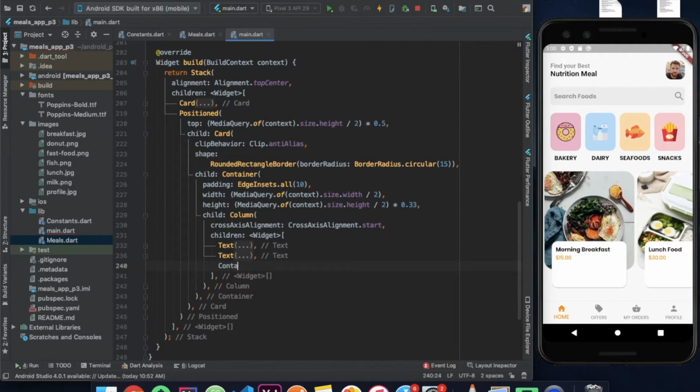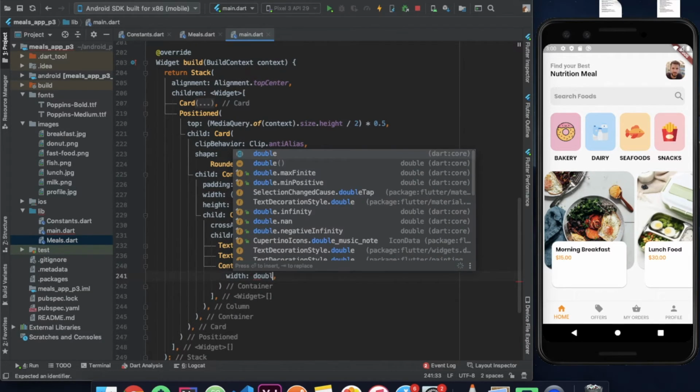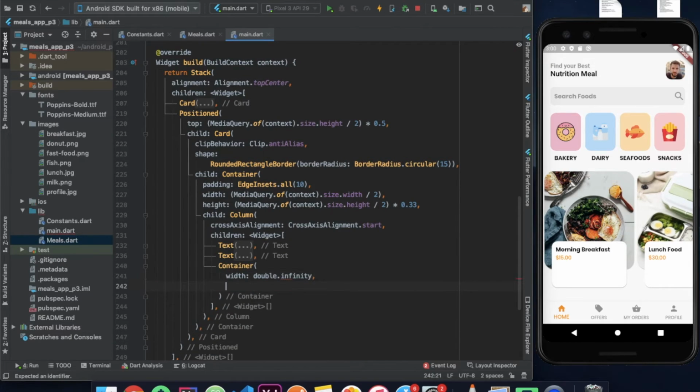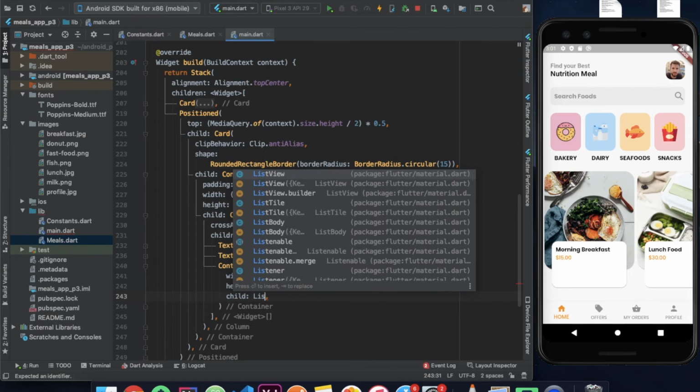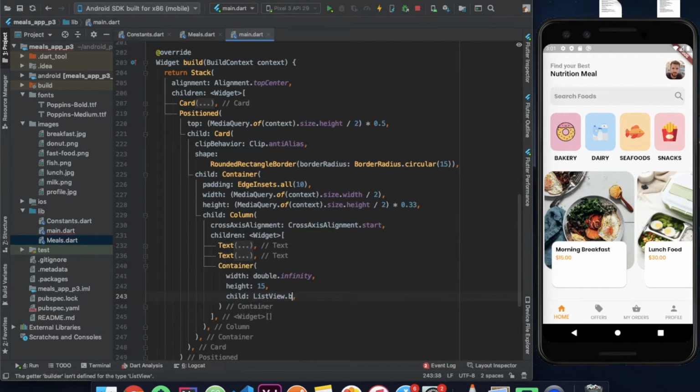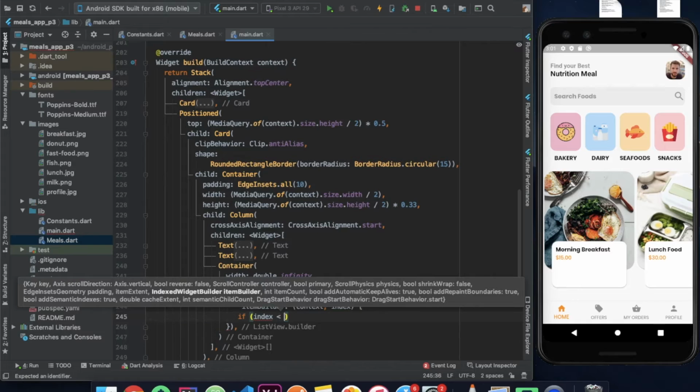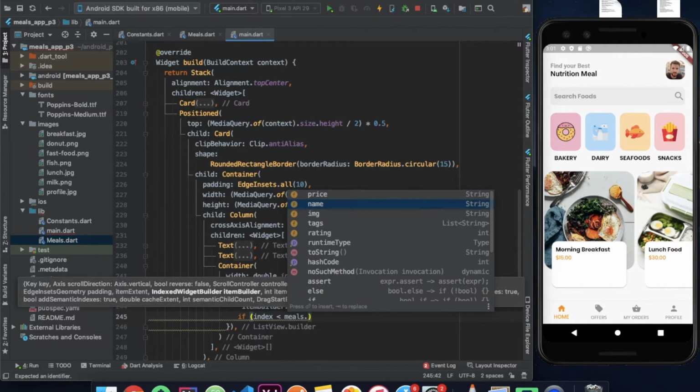And now that's done, let's close both these texts and add the next to our column. So the next is going to be a Container which is going to take in the entire width, and then a height which is going to be 15, and finally we are going to give a child which is going to be a ListView.builder. And this time we will again provide the function for the itemBuilder, and here we are going to check if the index is less than the meals.rating,